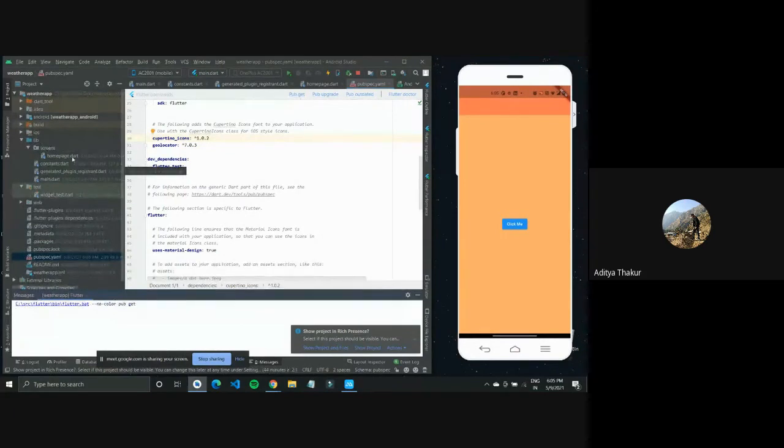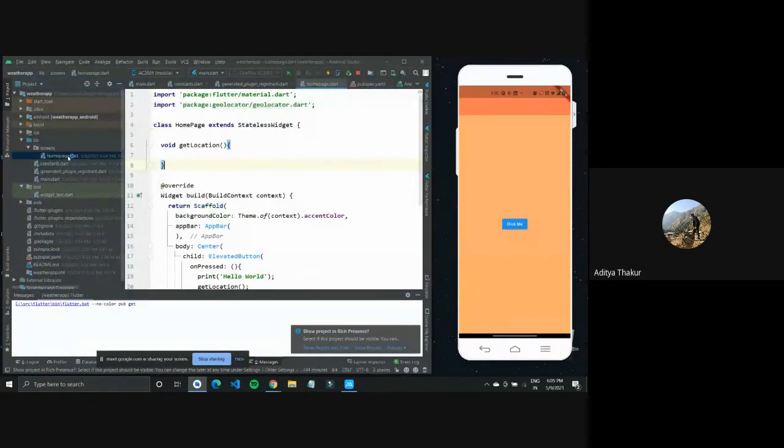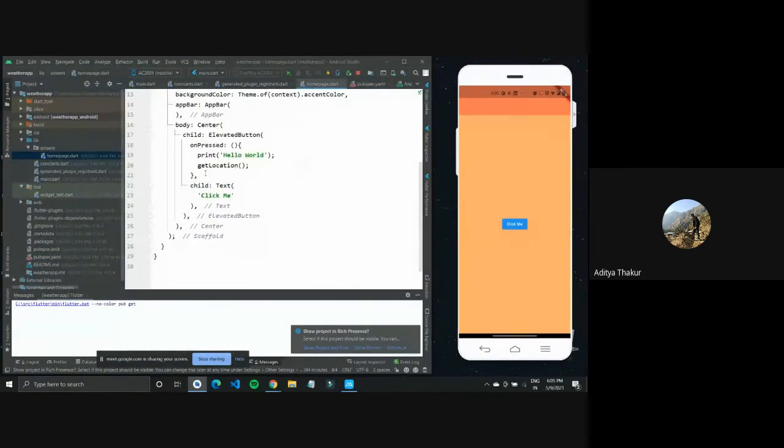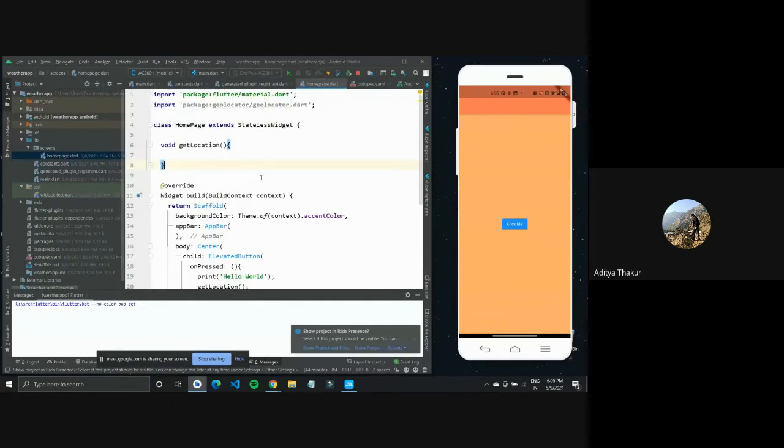So we'll go over to the homepage dart. Again, what we have done so far is first we have imported the geolocator package which we will use to get the location. Then we have this void get location function which we have defined. So inside this function, I'll use this geolocator. So how to check out the commands?